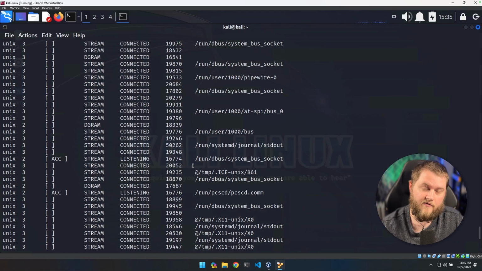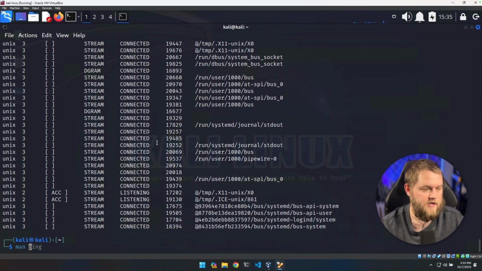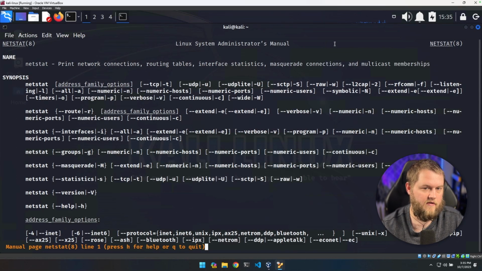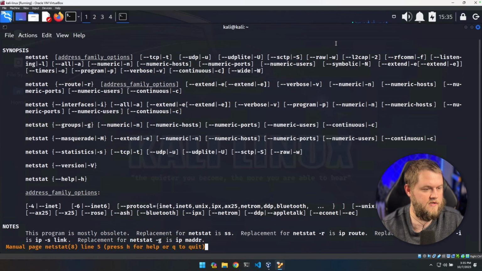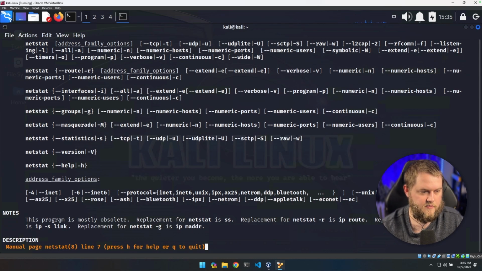And so the main point of netstat is displaying info about your active network connections and your routing tables. If we come down into the man page for netstat, you can see there's so many things you can do here. You can print your network connections, routing tables, interface statistics, masquerade connections, and multicast memberships. So we'll go back through this. This is an important point I wanted to mention. This program is mostly obsolete. Replacement for netstat is ss. So I mentioned netstat because netstat's pretty much on every Linux box. ss might not be,